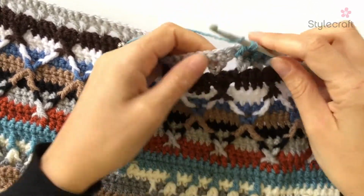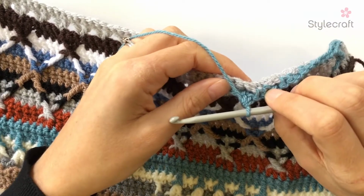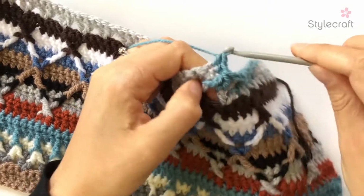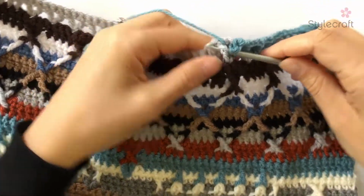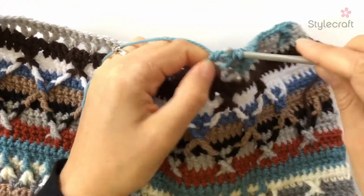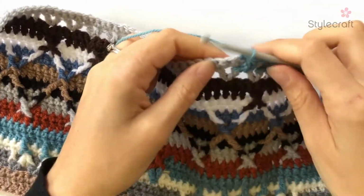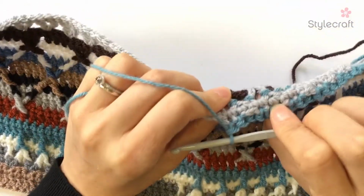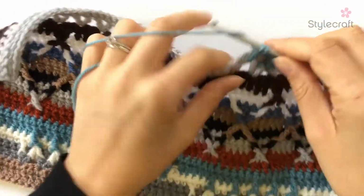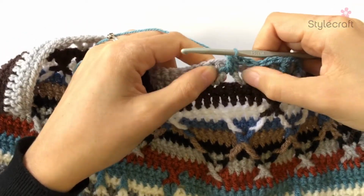your treble 2 tog over your V posts, miss a stitch and work a DC into the next 2, and your tog again, miss a stitch and DC into the next 2, and then treble 2 tog over the next 2 V posts,